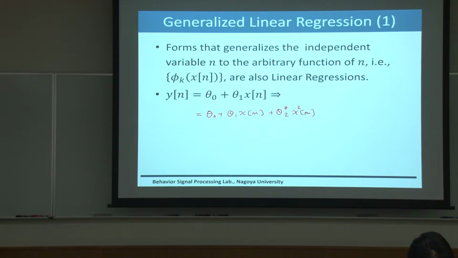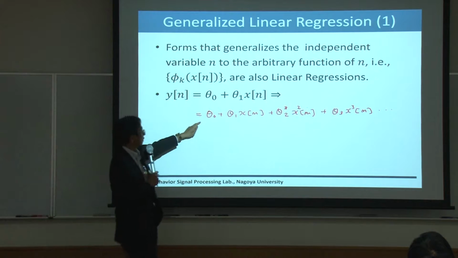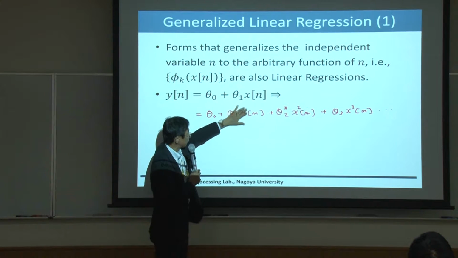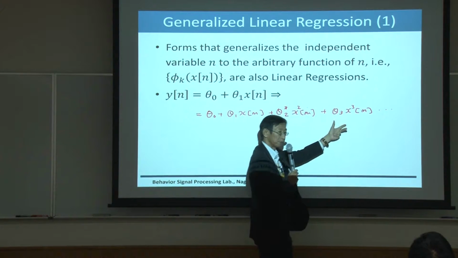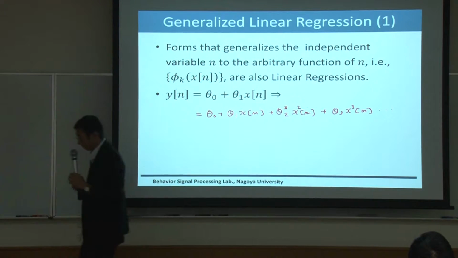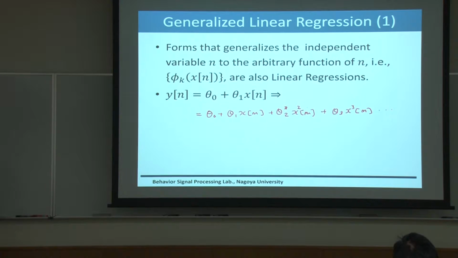This is polynomial regression, x cubic, and so on. Of course, this is a part of this, and you can extend this to a higher order of the polynomial, or even use a more general form, like here,